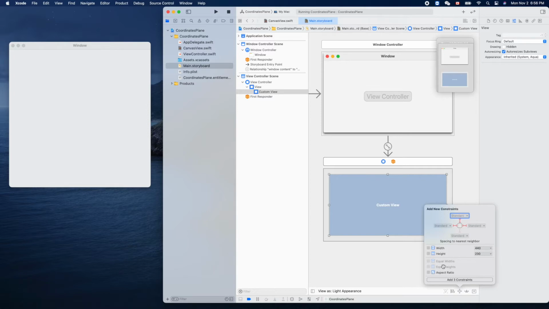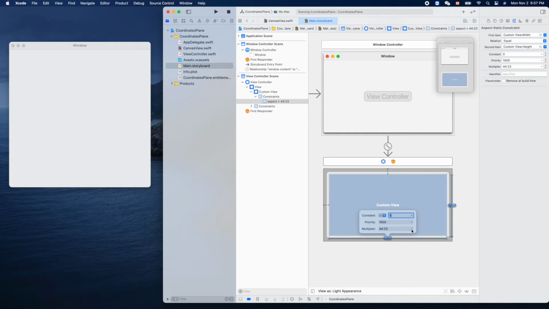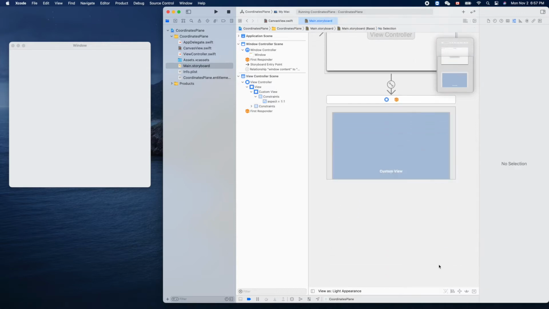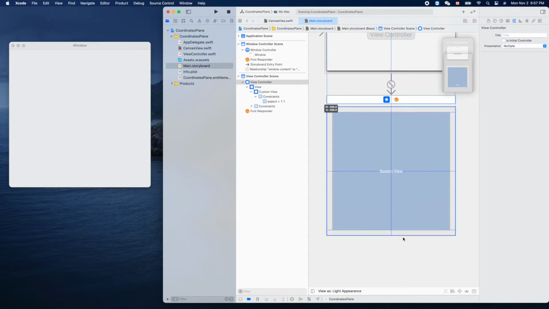We need a square. So we'll change this aspect ratio to 1:1 like that. Oh, sorry, it's not 1.121, right? Yeah, we can just leave it there, or to get a better feeling, let's drag this to put it like that. Okay,